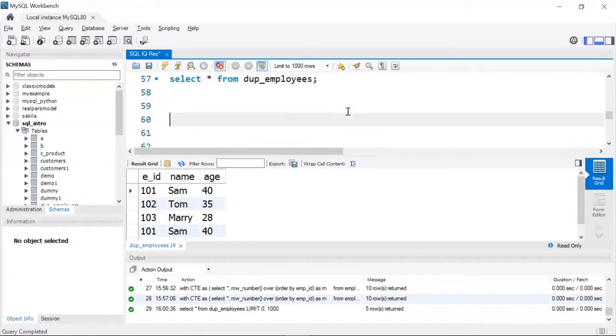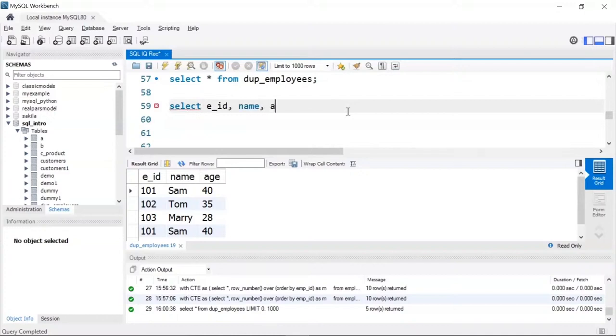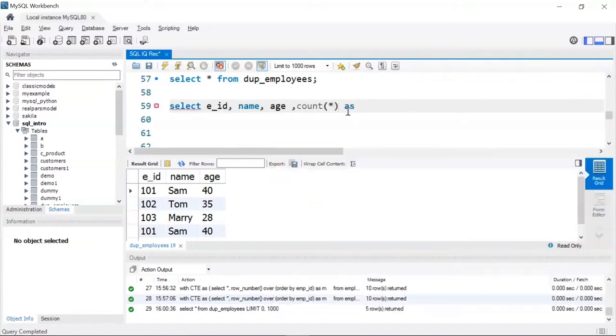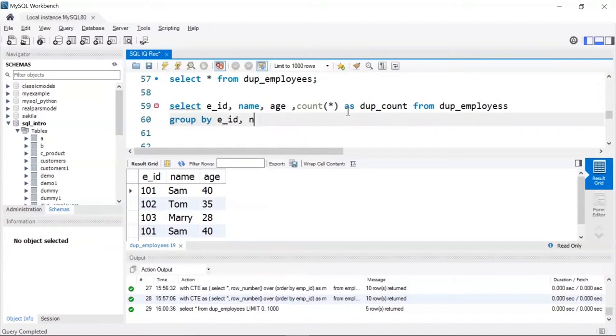The way to do is I'll write select e underscore id, which is employee ID, comma name, comma age, comma I'm going to count all of them. So I'll write count star as duplicate count. This is my alias name from my table that is dup underscore employees. I'll say group by employee ID, name and age, and then I'm going to use my having clause saying having